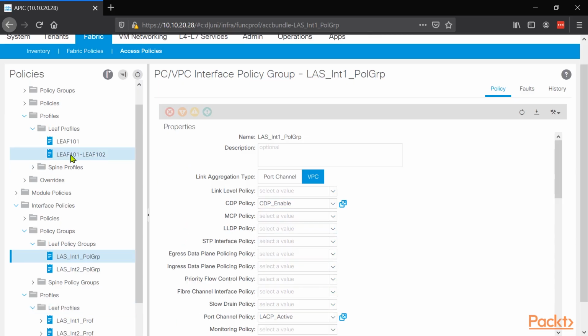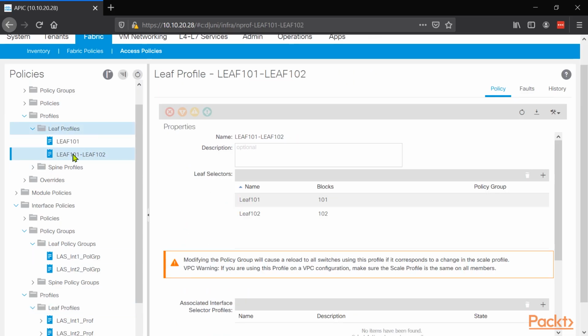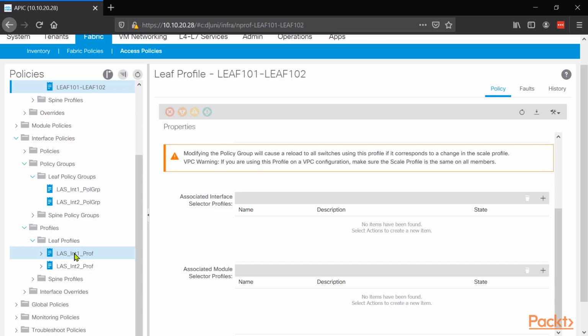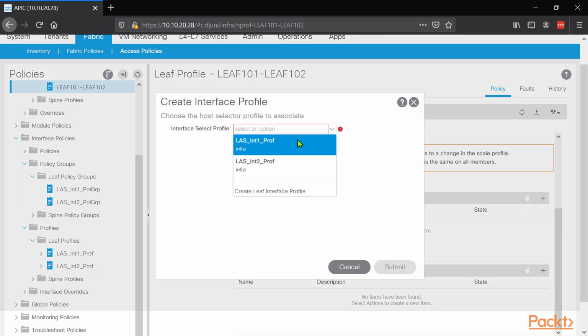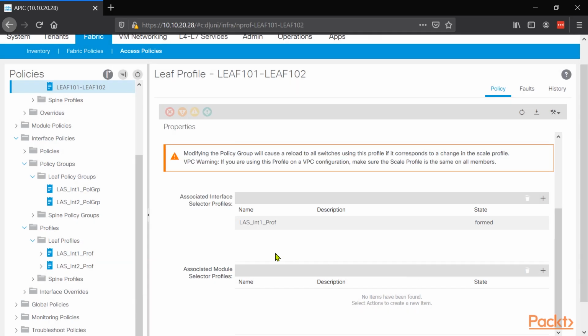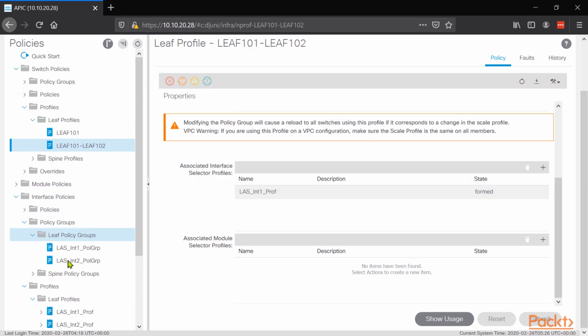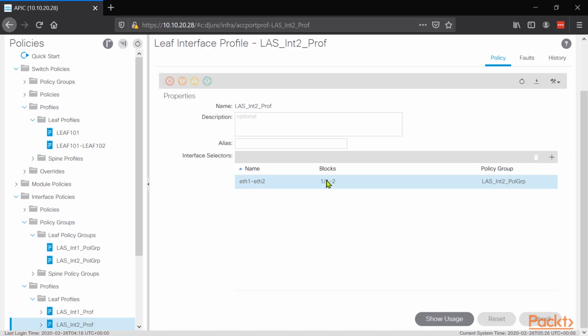Okay, so let's go ahead and click my new leaf profile, which includes leaf 101 and 102, and we're going to attach the interface selector profile that we built in our previous video. In this case, it's going to be interface 1, which is the VPC. Select, and let's find that interface 1, submit, and voila, that's it. Once we have that, we should have the interface enabled as a VPC, and we should be connecting those fiber uplinks, SFPs, to it. Let's do the same for interface 2, which only grabs port 1 and 2 for switch